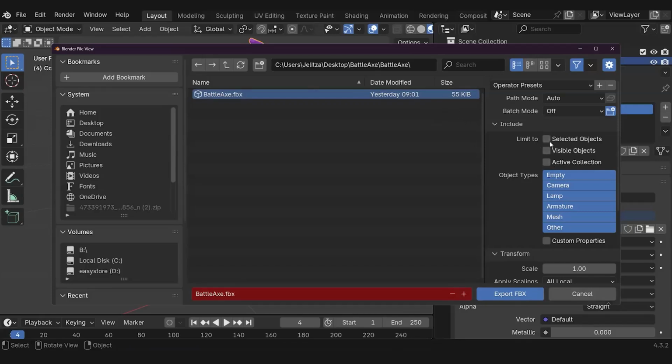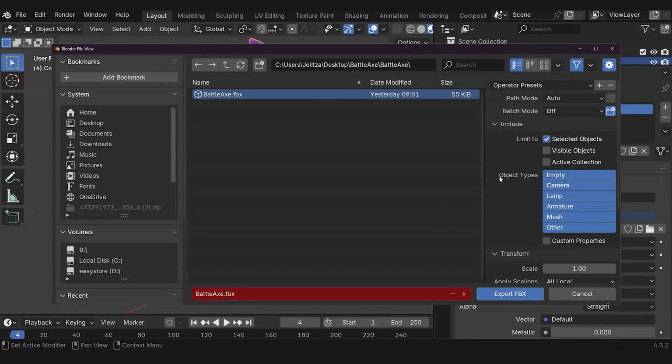So the reason why I like to limit to the selected objects is sometimes I like to assemble my scenes together in Blender. And there are times where I just want bits and pieces of that scene to be brought into Horizon. The thing is that if I don't select this, everything comes together and it's not that it's a mess. Sometimes it works, but sometimes it's too much and you have to import in pieces. That's a process I can definitely go over in the future. But for now, I'm going to just limit to selected objects.